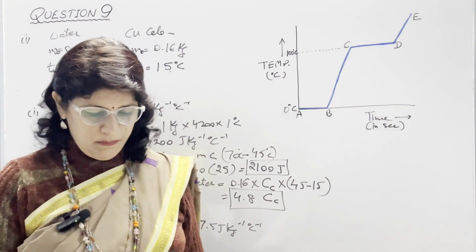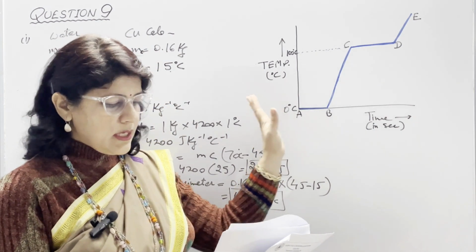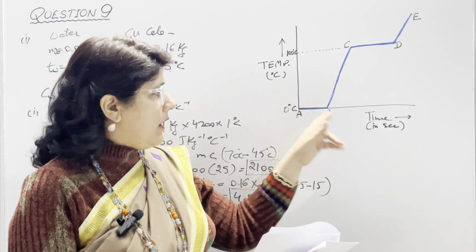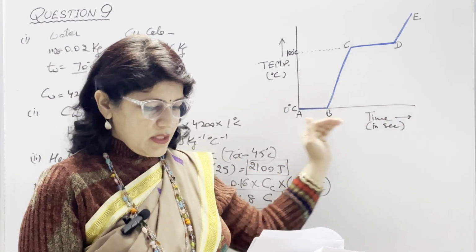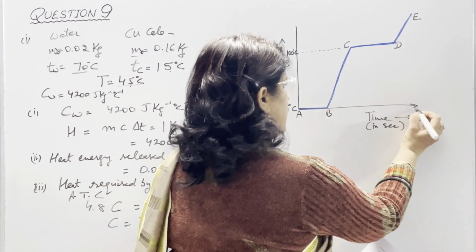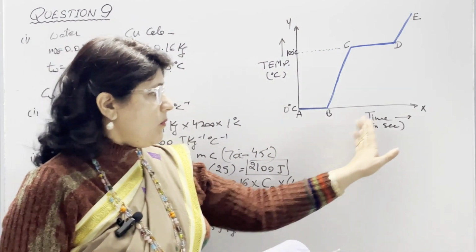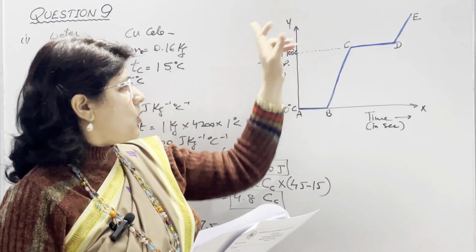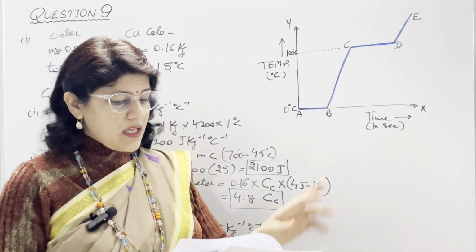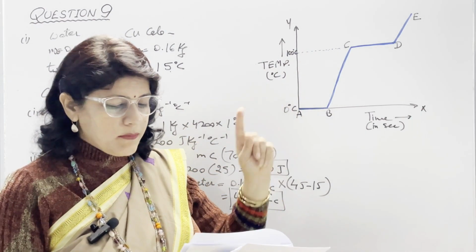Now coming to second part, some ice at 0 degrees Celsius is heated at a constant rate and its temperature is recorded after every second, till steam is formed at 100 degrees Celsius. Draw a temperature time graph. This is our time axis. You need to show the time on x-axis always. This is our x-axis and this is y-axis. So time on x-axis and temperature on y-axis, otherwise your marks will be deducted.